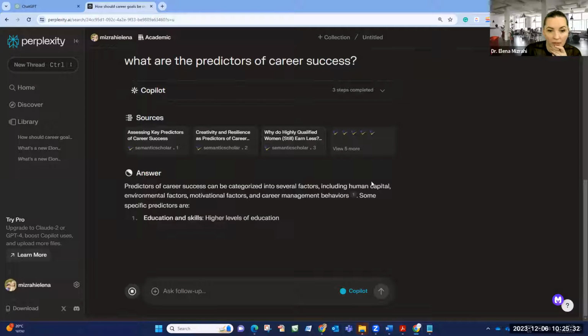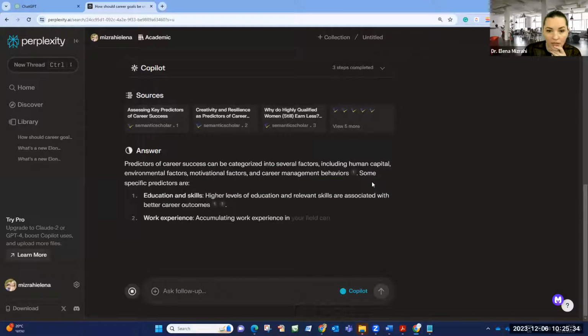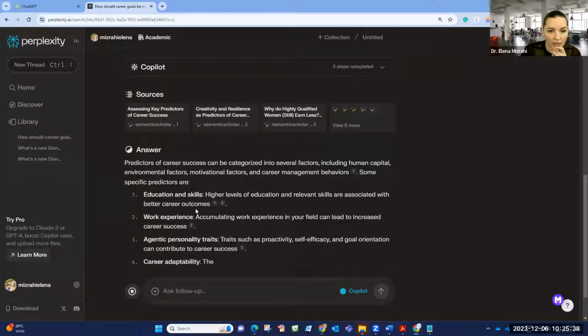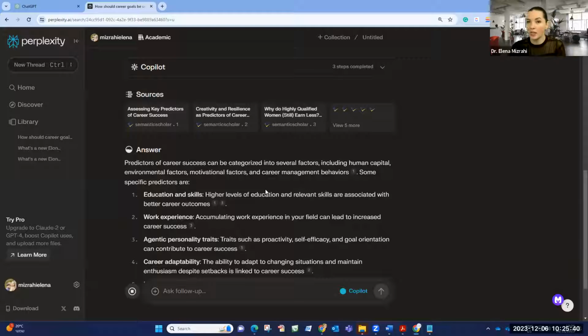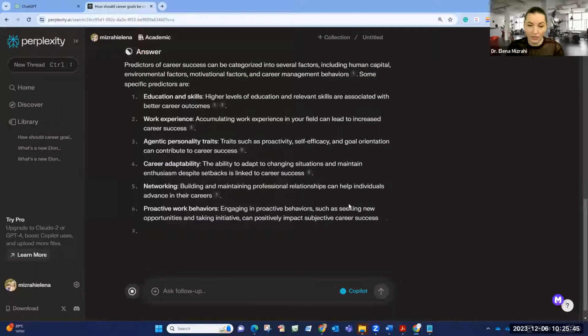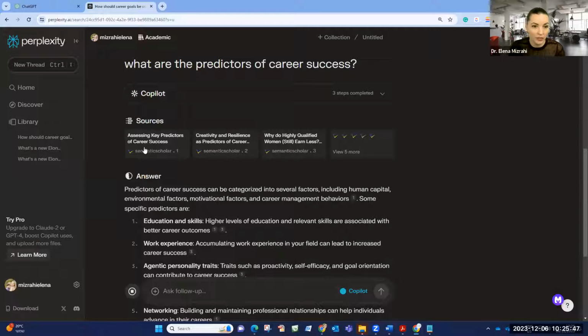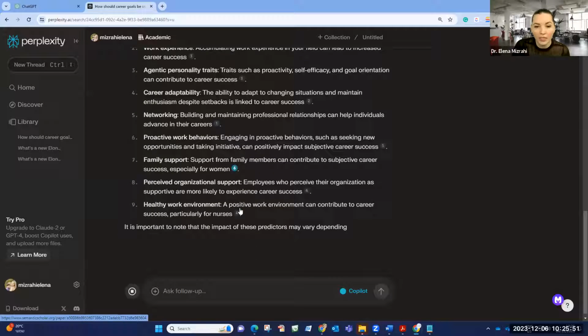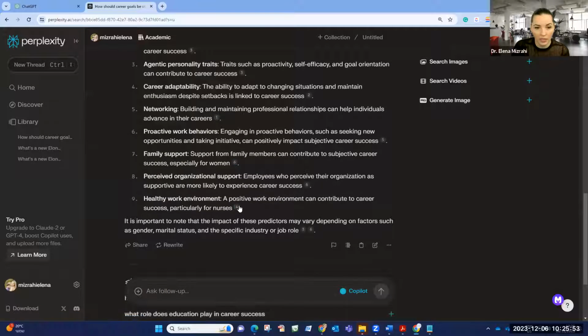From the academic articles and Semantic Scholar. These are Semantic Scholar. Okay, so it actually gives us the answers, right, based on 8 academic sources. Right now, it's not browsing the internet in general, and we can also click on the reference and actually read the papers.